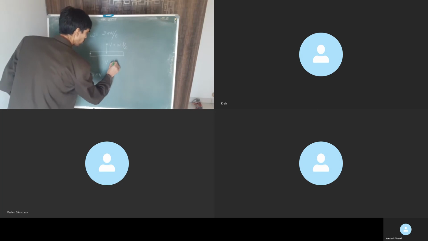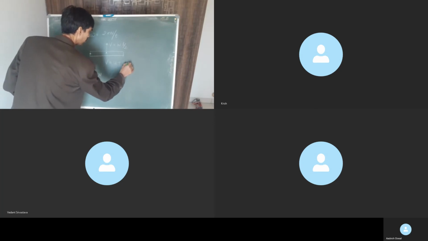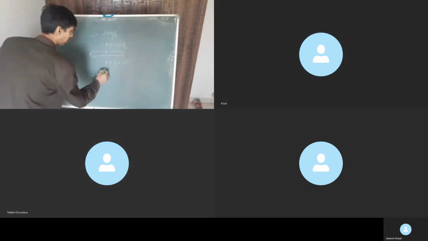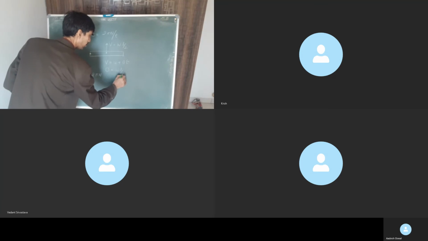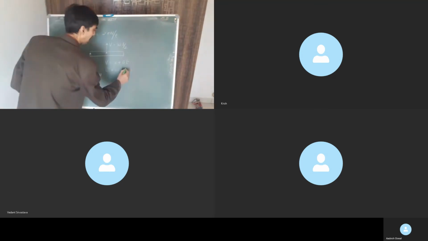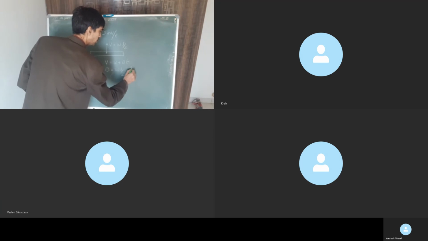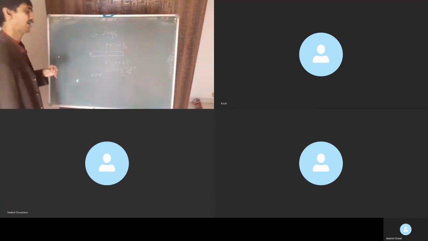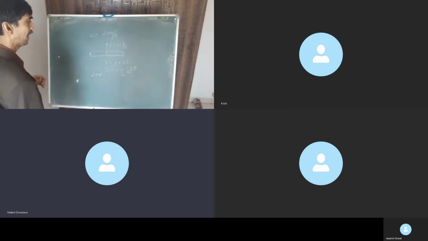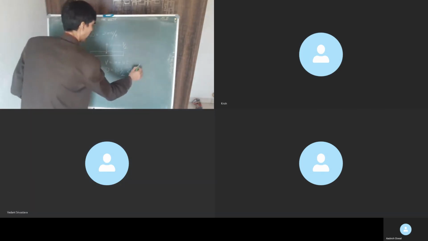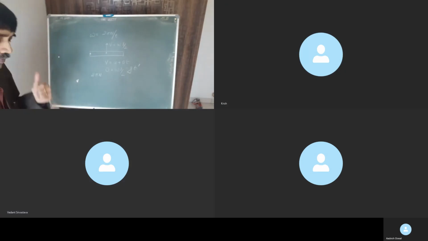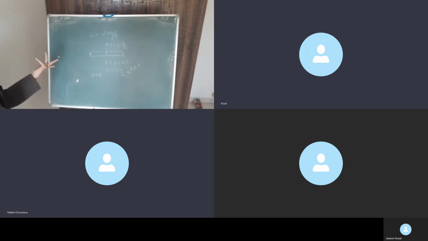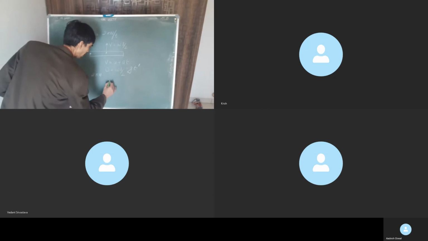So v is equal to u plus at, I'll be using. v when it goes up is 0. It leaves my hand with omega into L by 2. And as it is moving up, I have taken my y-axis upward, so a will be minus of g, agreed? And t will be t prime for me, right? T prime is, by the way, t by 2, agreed? T prime is t by 2, correct? Okay. So what do we get from here?